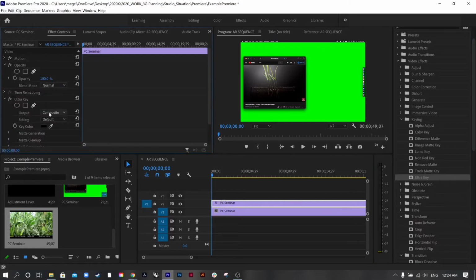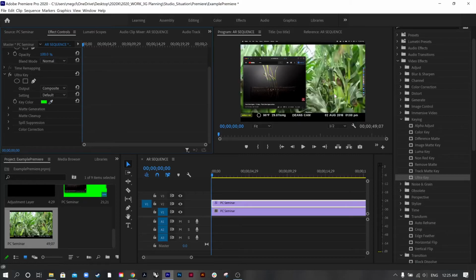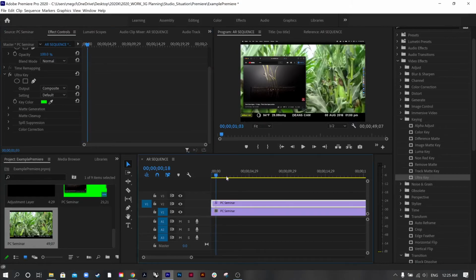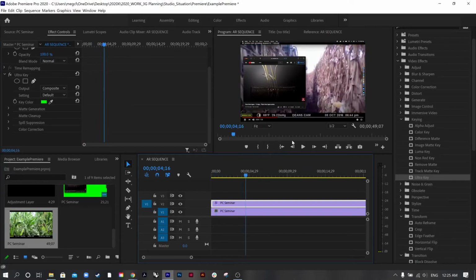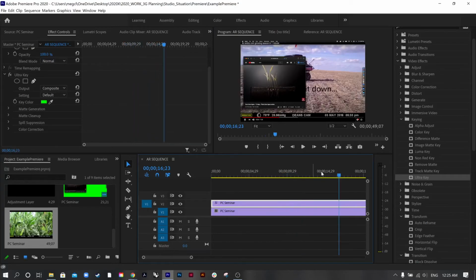I'd like to go to Effect Controls, and then under my ultra key color, I will use this eyedropper to eyedrop that lime green. And you're going to see automatically that my background has been removed, and it's as if I have the corn growing as my background and frame in the front. So when I hit play, you can see the two clips happening automatically, and thus that was, oh, I see that I missed a bit in clipping my